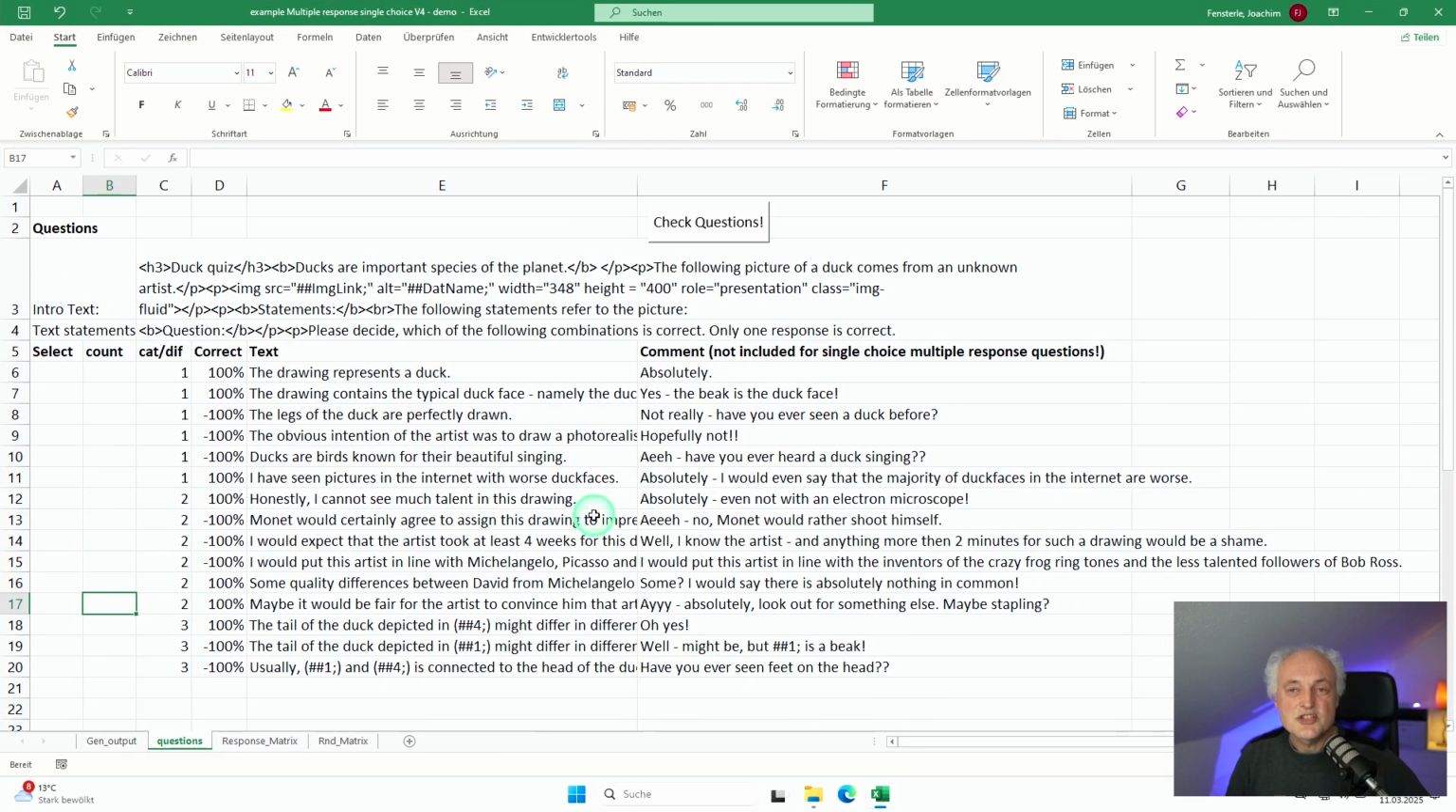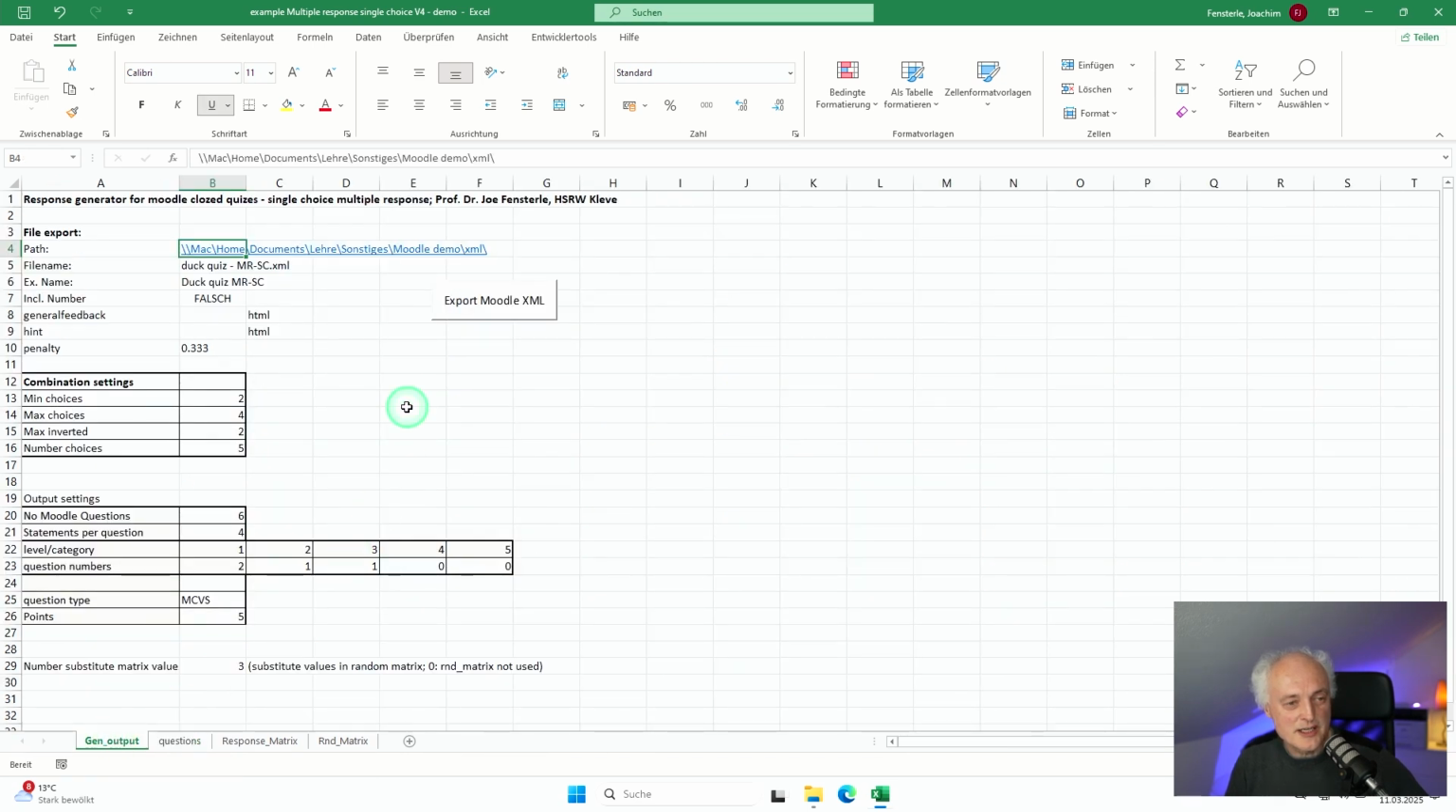So this is the Excel sheet. If you have watched the multiple response video, you see that on this page, everything is the same. You just have your statements. And then I can generate my output here, just by clicking on Export Moodle-XML. At present, I'm generating 6 questions. And now